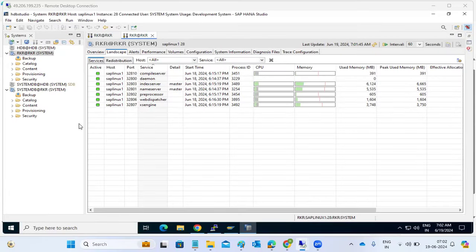We are discussing the HANA Studio administration tabs: the parameter changes, the trace configurations, diagnosis files, and logs review. Then the status of all these processes. If the processes are green, there are no issues and everything is okay. If something is wrong with the system, such as very high memory or CPU utilization, then there is a problem that